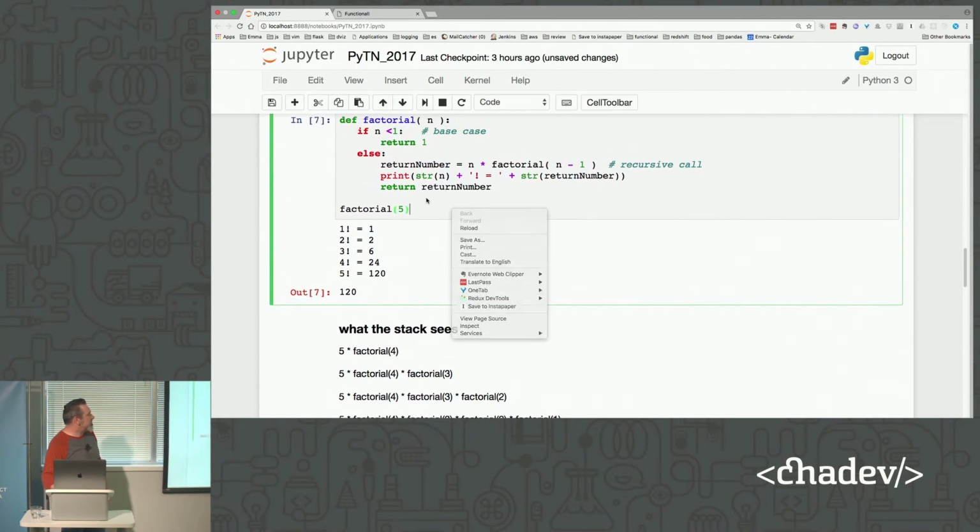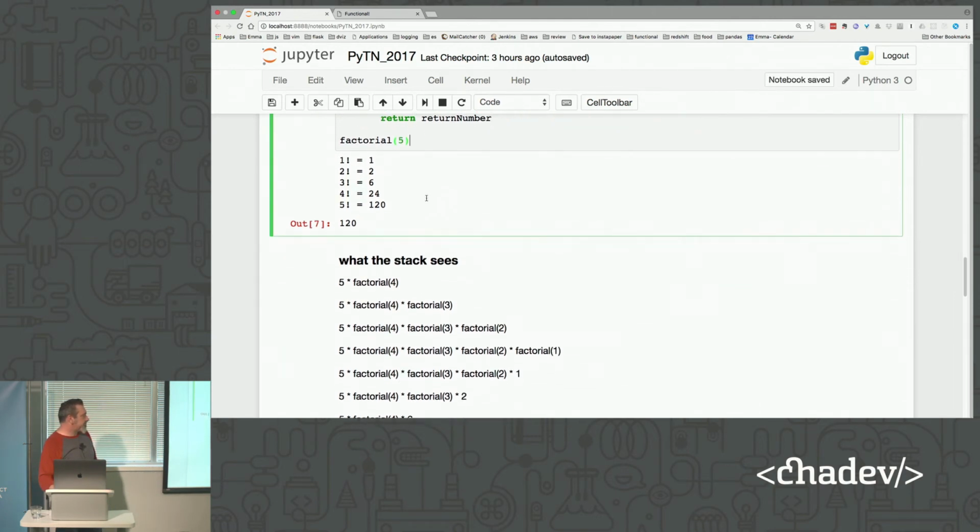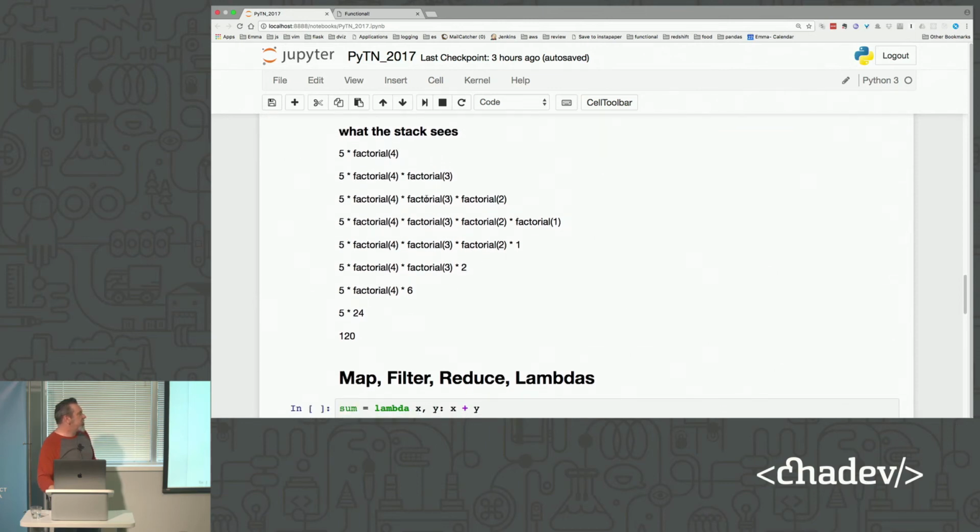So yeah, that's sort of what you get. It's a really easy way. It makes really straightforward sense as far as making the algorithm goes. This is a great way to do it. This is sort of how you would do it in your head. But the problem is, you add all of this to the call stack. Each one of these is its own stack. And so by the time you actually get down here to the base case, where you are sort of completing your factorial call, you have 5 frames on your stack already.